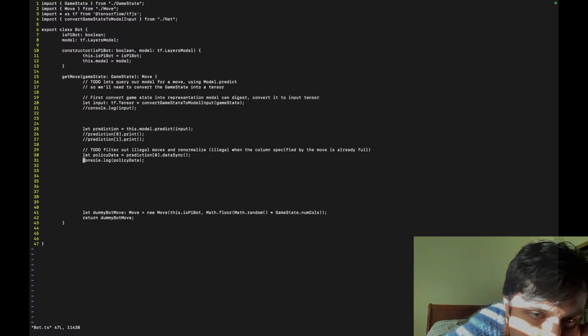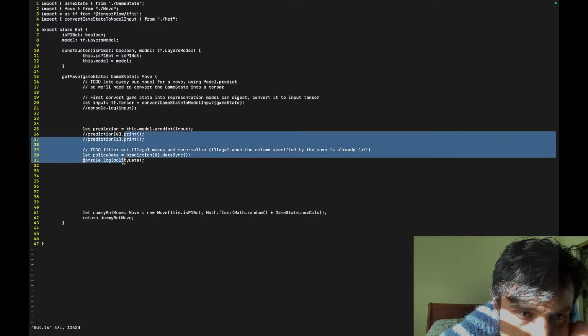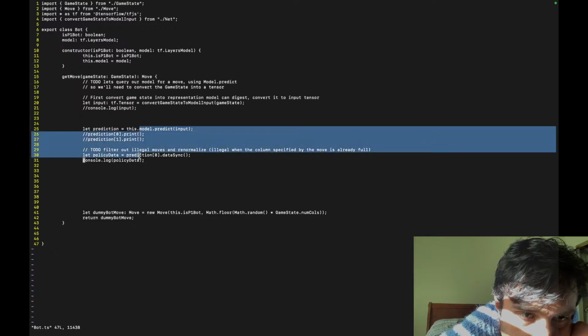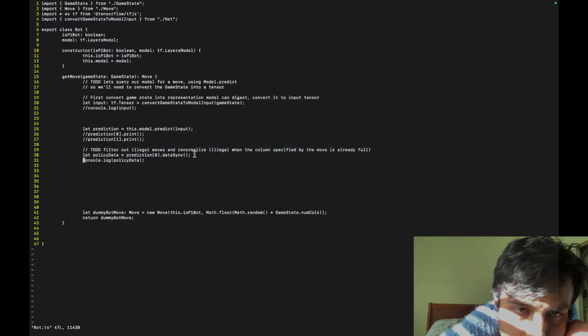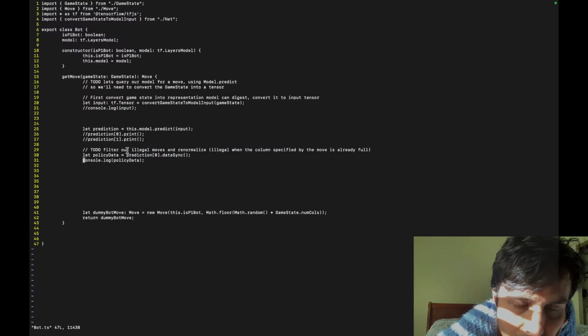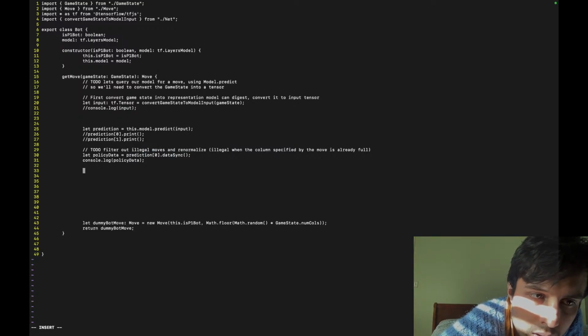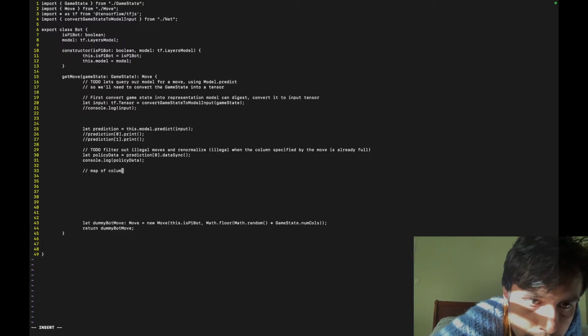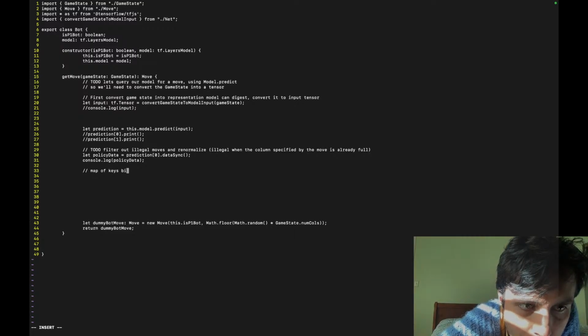What I want to do is create a dictionary, a map with keys being the column index and values being the probability.